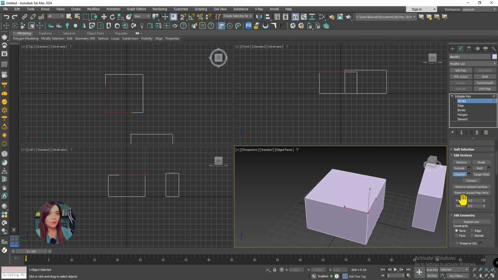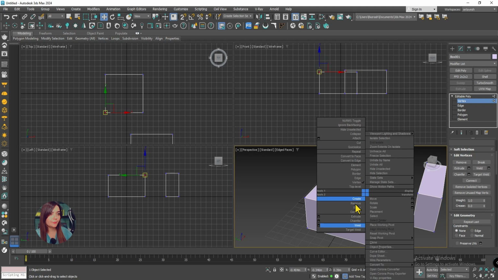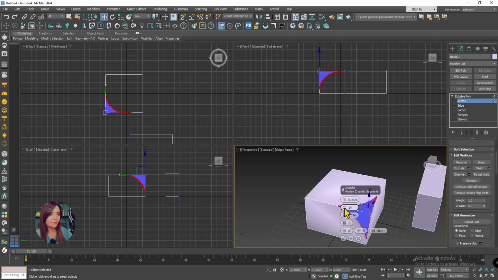And also, if you right click here, select chamfer, work with this,